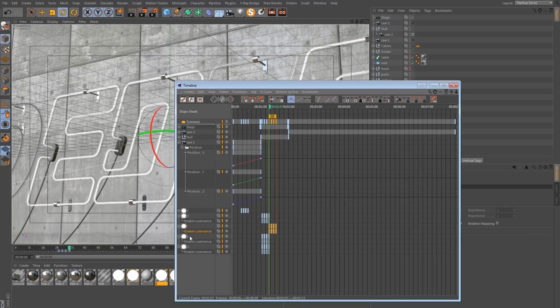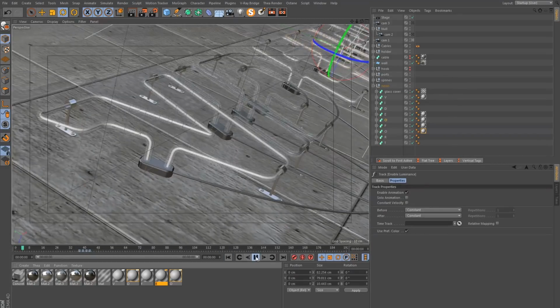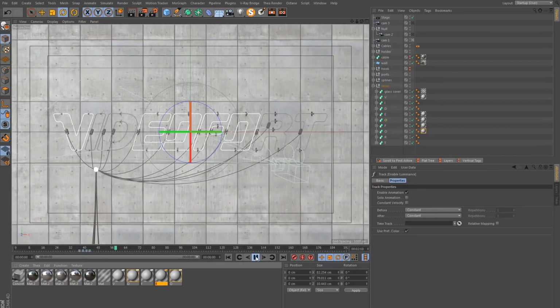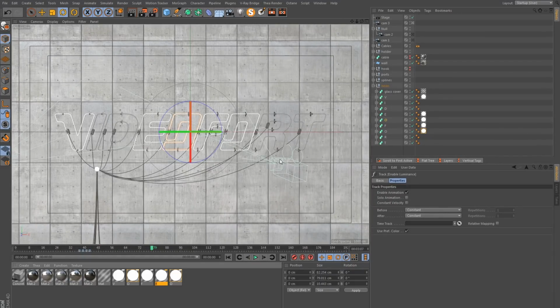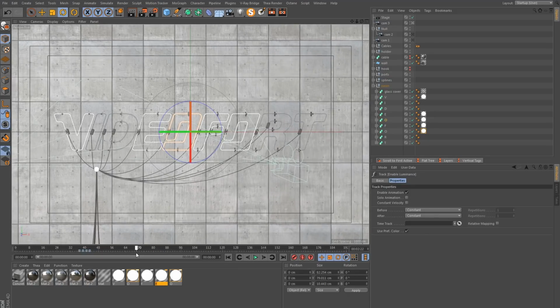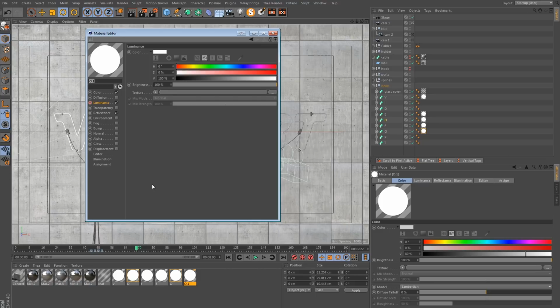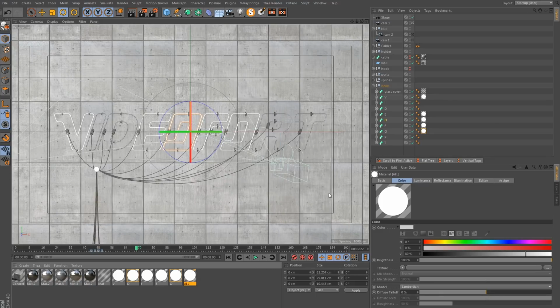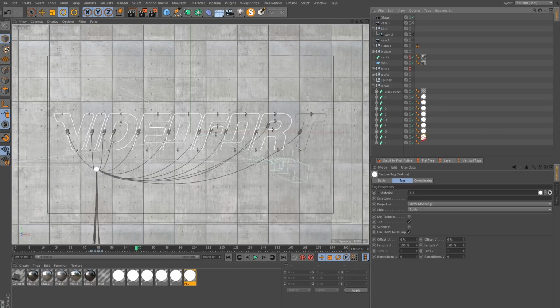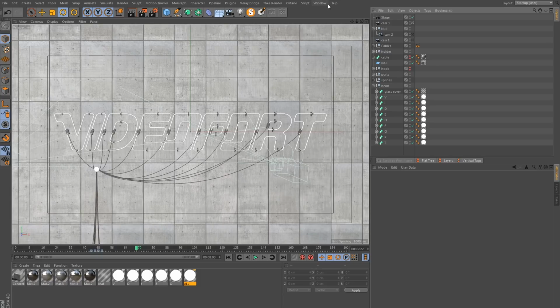So let's say about here, the other E, and the final O. So something like this. You see? And then whatever is left on the last frame, we would just use one material. So let's call this all, or the rest, or whichever one you want to go with. And we'll apply this to the remaining letters, just like that.